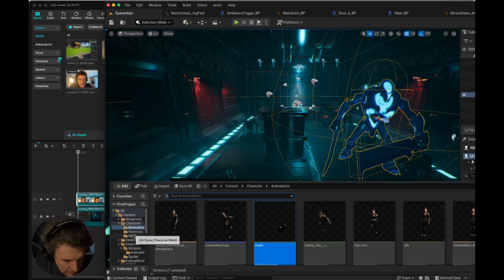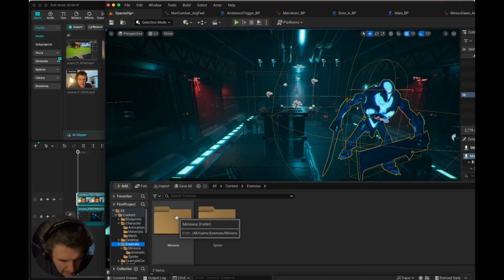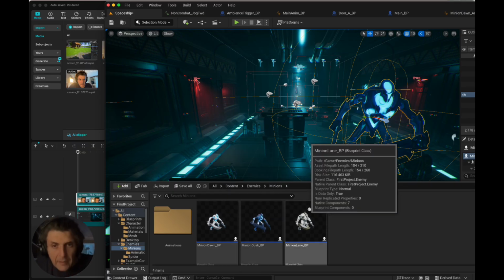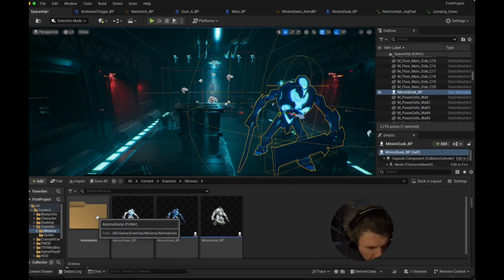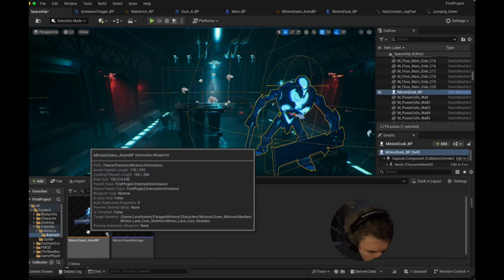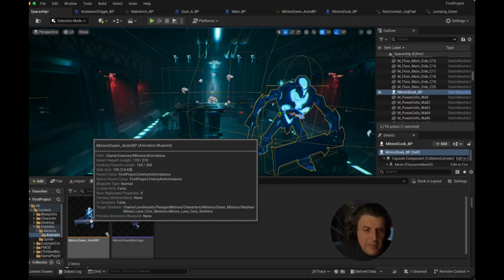at the content browser, in the content enemies, if you look under minions, you have the minion dawn, the minion dusk, and the minion lane. So I will not look at the blueprint, but I want to look at the animation. The animation, we have a montage, but then we have an animation BP, and that's the one we want to